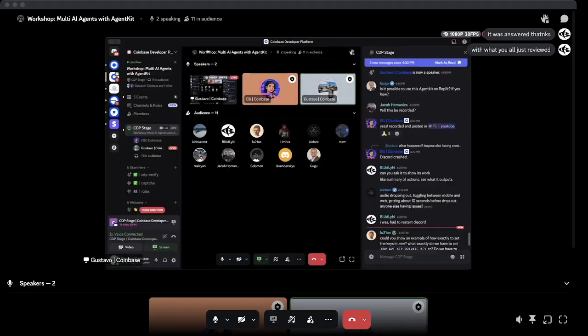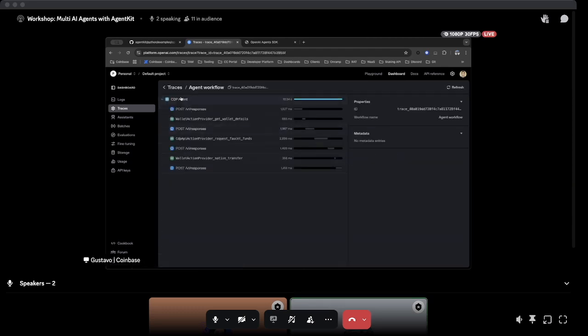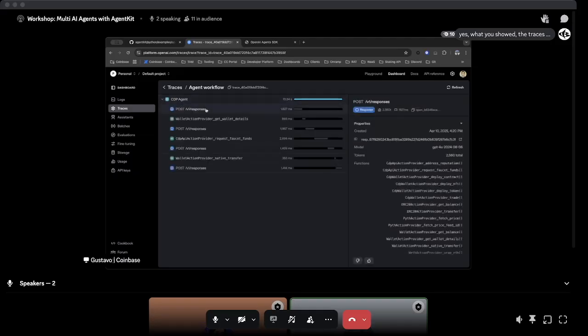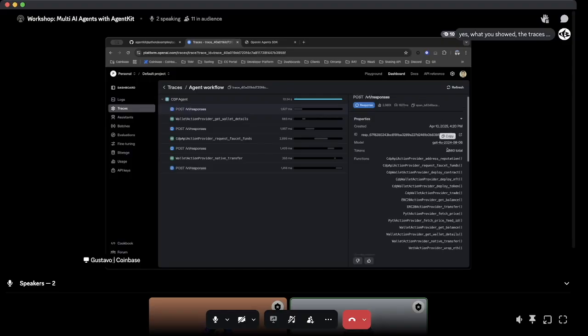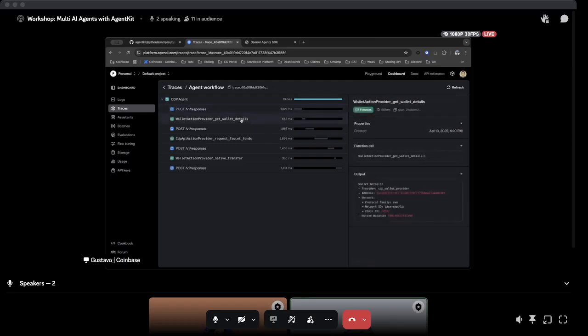Again, what I think is really cool is what I showed, which is the traces. The traces essentially, let's pick one, it's telling 3 tool calls here, took 10 seconds. It is essentially telling you exactly what it does here. This agent's workflow made a call to OpenAI, gives you the tokens, the time it took, the model it's working with, the instructions that were sent along, the input that the user sent along, and the function call that the model decided to make use of. And again, what did that function call take in as arguments? It used this function call,